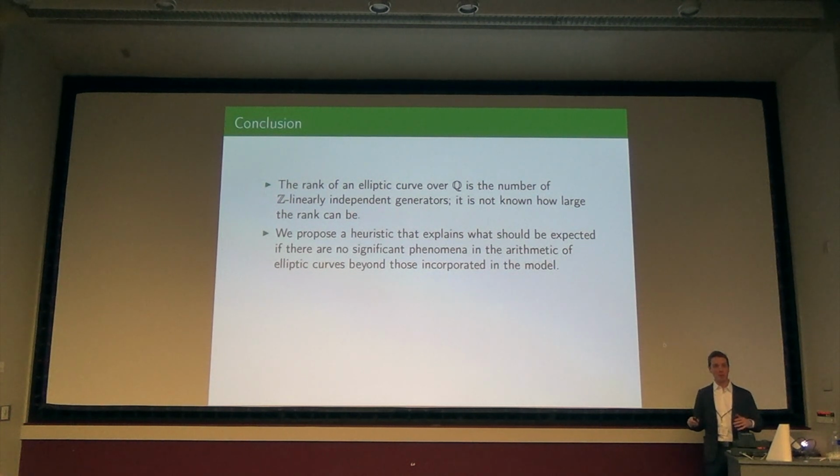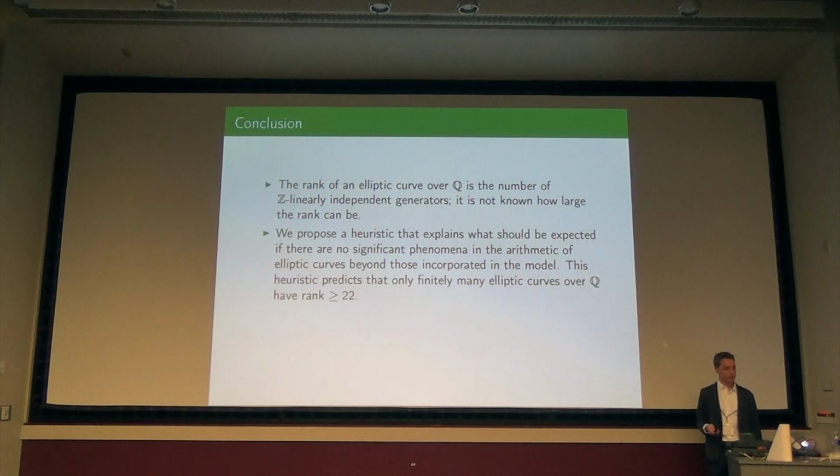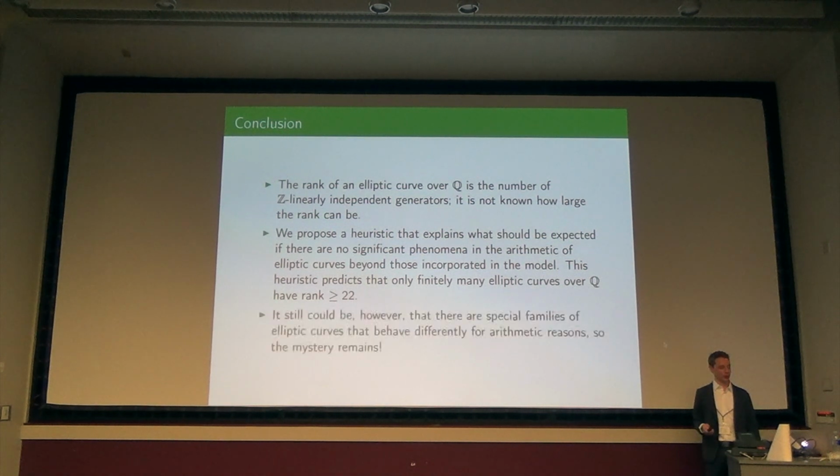If you want to read about them, our paper is on arXiv, and I'll be here all day, and I'll tell you a little bit about what goes into computing the number of skew-symmetric matrices with a given rank. It's a concrete problem that requires a calibration, but the output is what I announced earlier: the output of the model is that ranks are bounded. In particular, we say that there are only finitely many with rank greater or equal to 22.